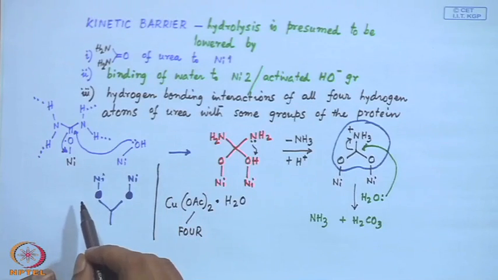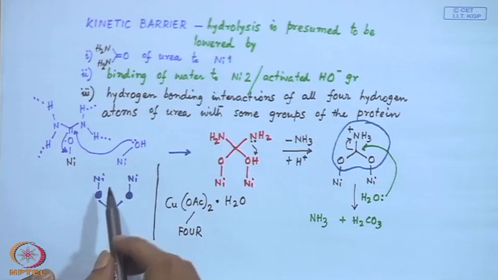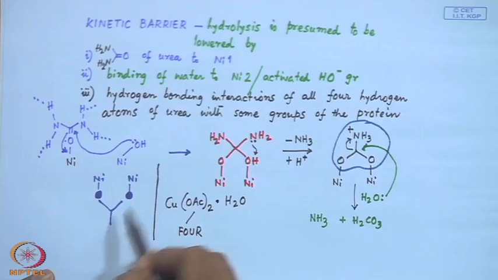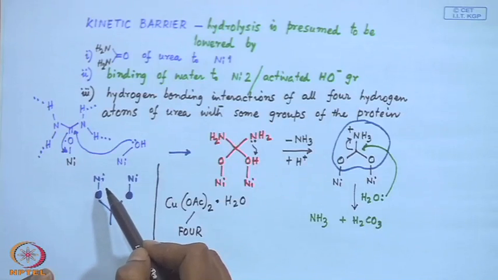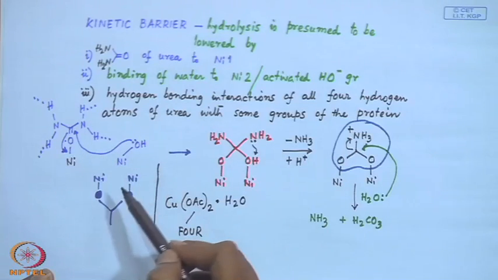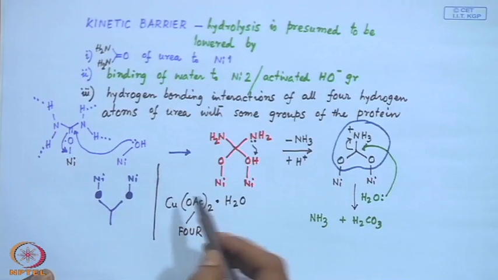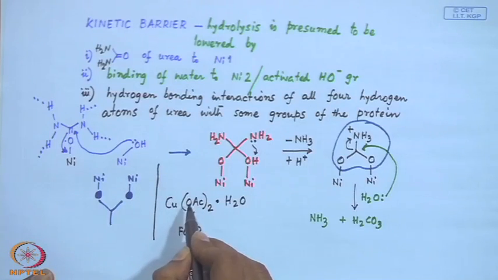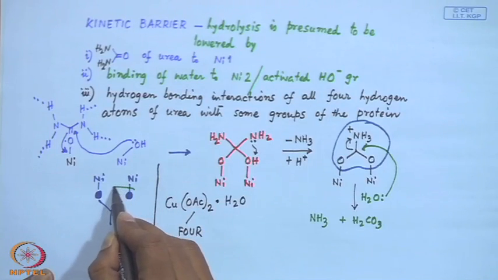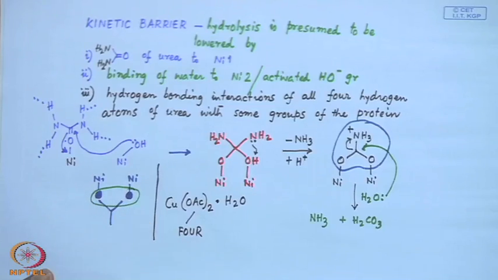But in the protein environment, when the substrate is coming and binding to the nickel center and your nucleophile is binding to the second nickel center, the entire thing within the protein envelope is supported by only one acetate bridging,